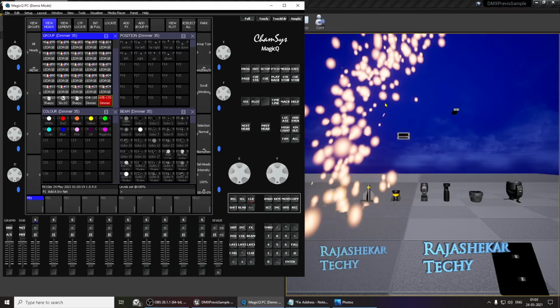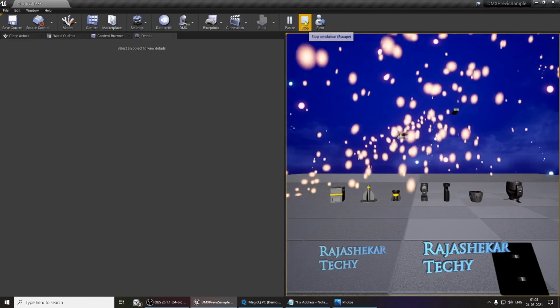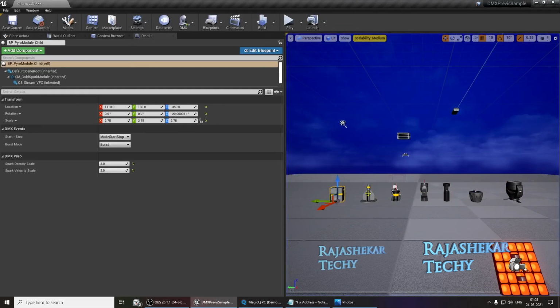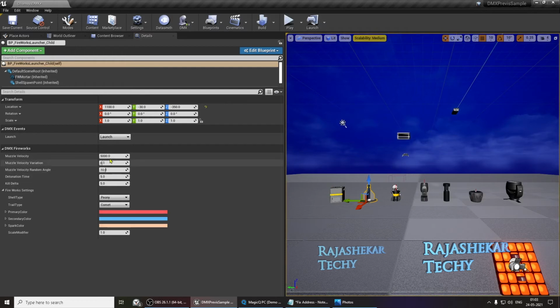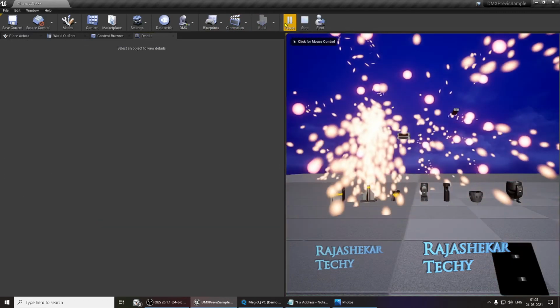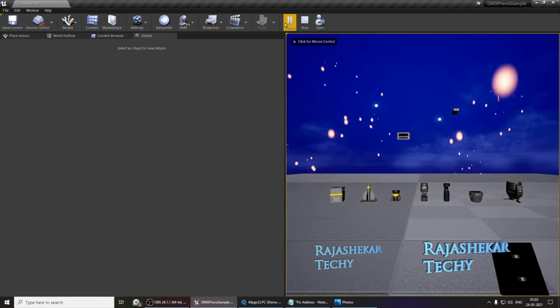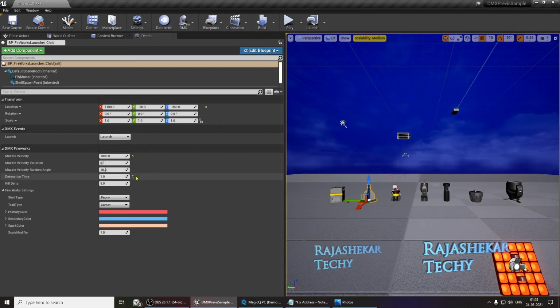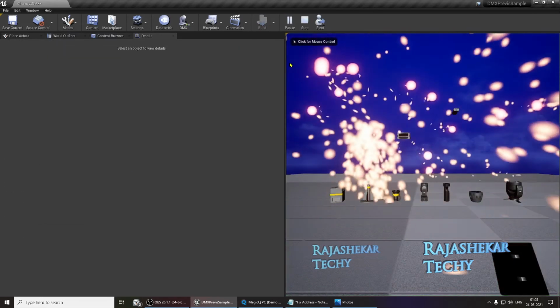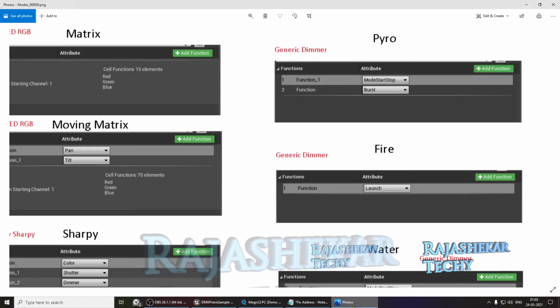Right now you're seeing the velocity high in fire. Let's try to work that out, and tap the fire. In details, let's drop the muzzle velocity to 1000, and let's reduce the detonation time to 1. So what will happen? The velocity will be reduced and explode right away. In a similar way, you can control every other attribute, play with the type and color. I'll leave that to you. So that's how it is. Now let's move on to the next.